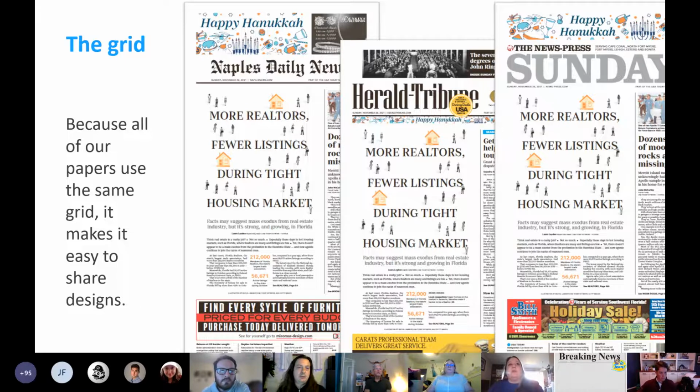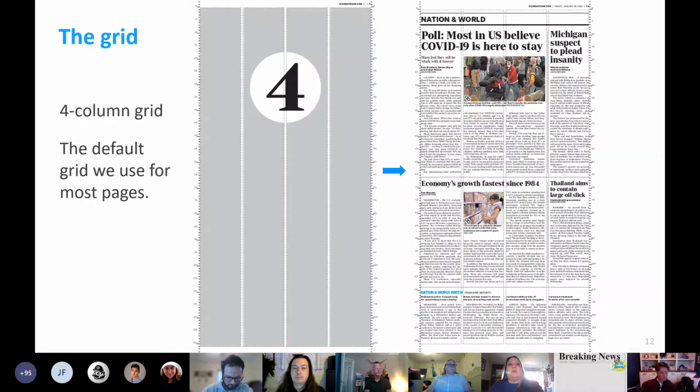But right now, it just requires some minimal size changes when we share. And the grid allows us to have our shared news modules that only have to be designed one time, but they can run in a lot of papers. Sometimes they run in 100 or more different papers. And that saves time for designers to focus on higher value pages like covers.